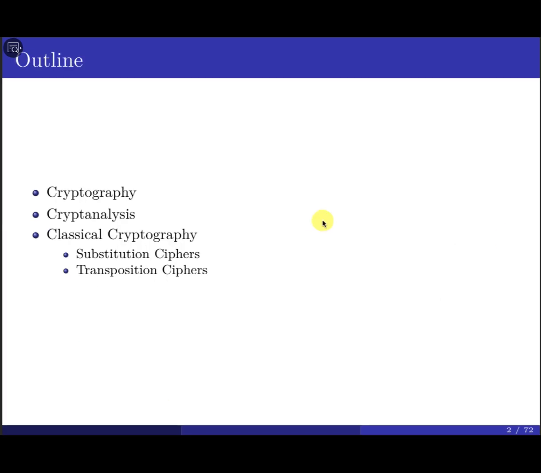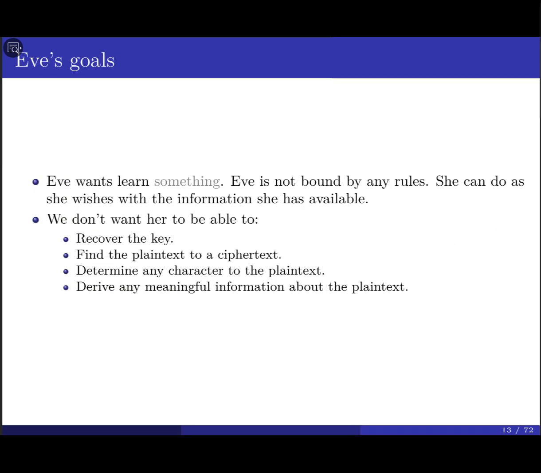Okay, so what's Eve's goal? When they say Eve, this means the bad guy. What are they trying to do here? They try to learn or break into your system. If they capture the ciphertext, they try to figure out what the plaintext is. This is one goal. There's another goal. They try to get the key that's used to perform the encryption. So it looks like this one is good, okay, we hope if we can get this one.